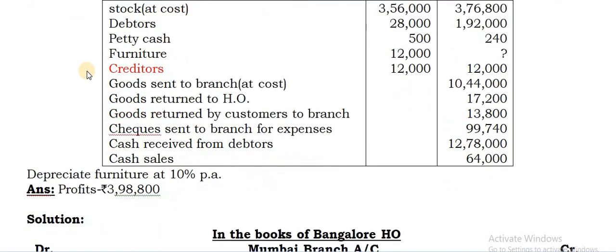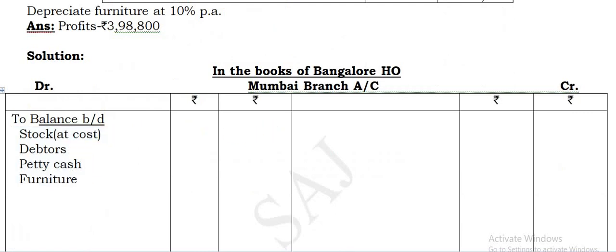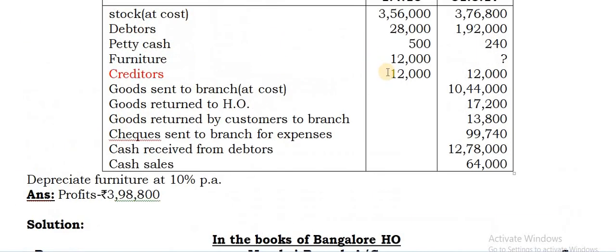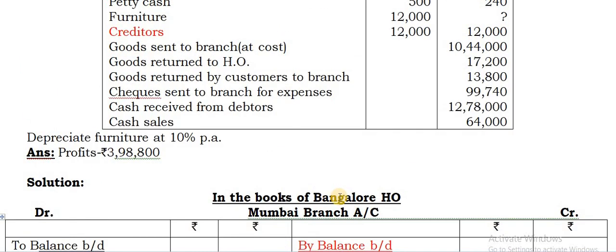So now you can start with the opening values of all these assets. Take on debit side as to balance b/d. Take all the four assets there and the values relating to that can be entered. This is the first entry. Here opening values of assets aitu. At the same time, I told you here there is a liability. This also you write on credit side as by balance b/d 12,000. So this is a new adjustment or new item that is coming here. So I'll mark it in red ink. Be aware of it.